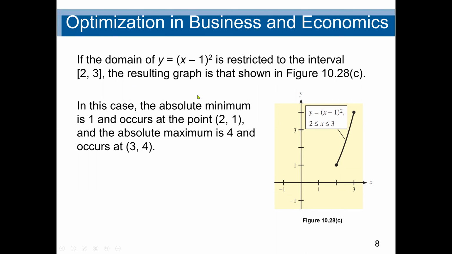Now we have a function here. This function is y equals x minus 1 squared again, but it's restricted to the interval between 2 and 3. So we can see the first point down, 2 and 3. So in this case, the absolute minimum is 1. We cannot say the relative minimum is 1, because a relative minimum gives us the condition where the function changes from decreasing to increasing, where the curve changes from